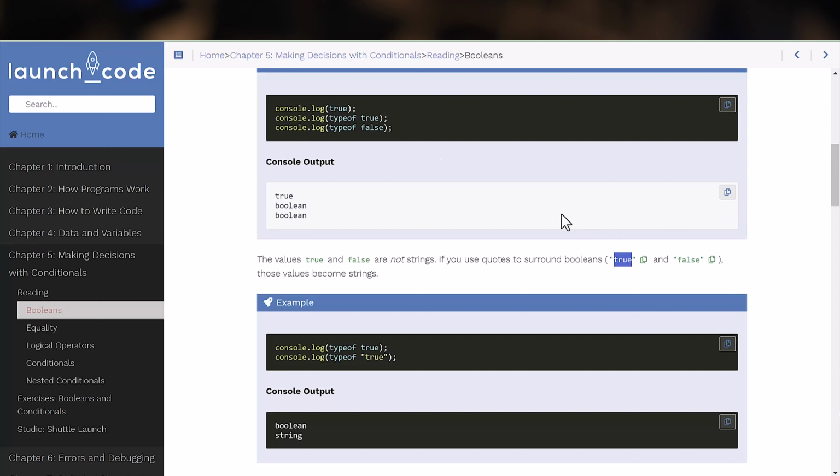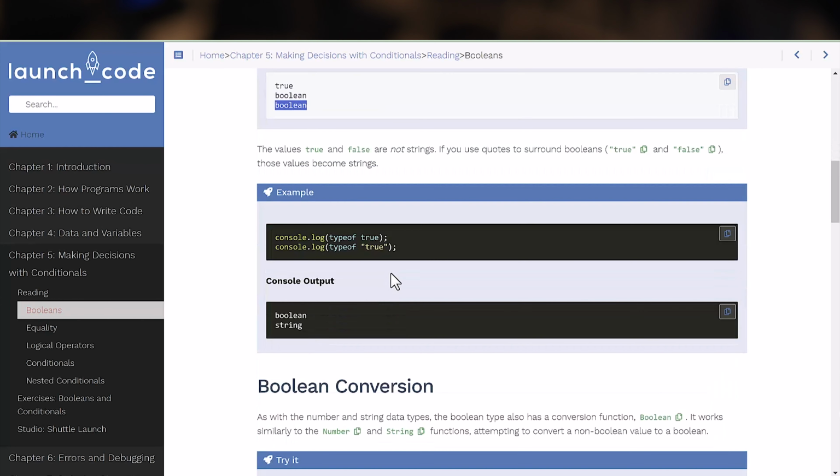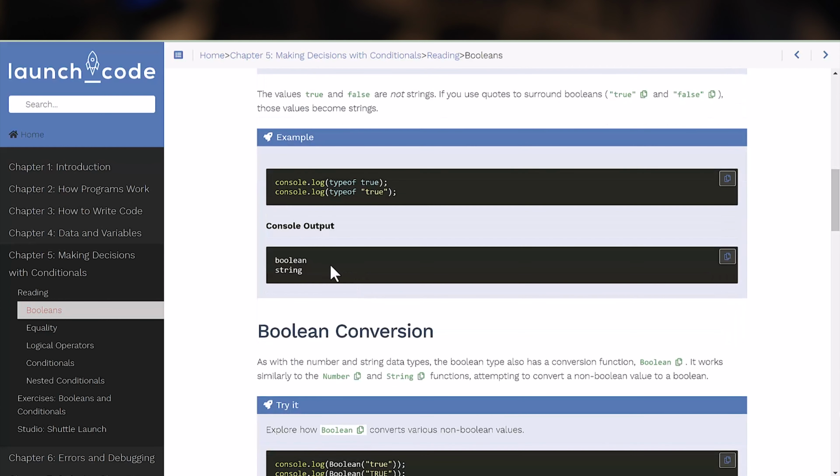The compiler recognizes that opening quote and is looking for a sequence of characters and is looking for an ending identical quote. So an opening and a closing quote lets the compiler know that it is a string. The compiler understands when it sees the true without the quotes, like up here, and the false without the quotes, that they are Booleans. That's how we get the